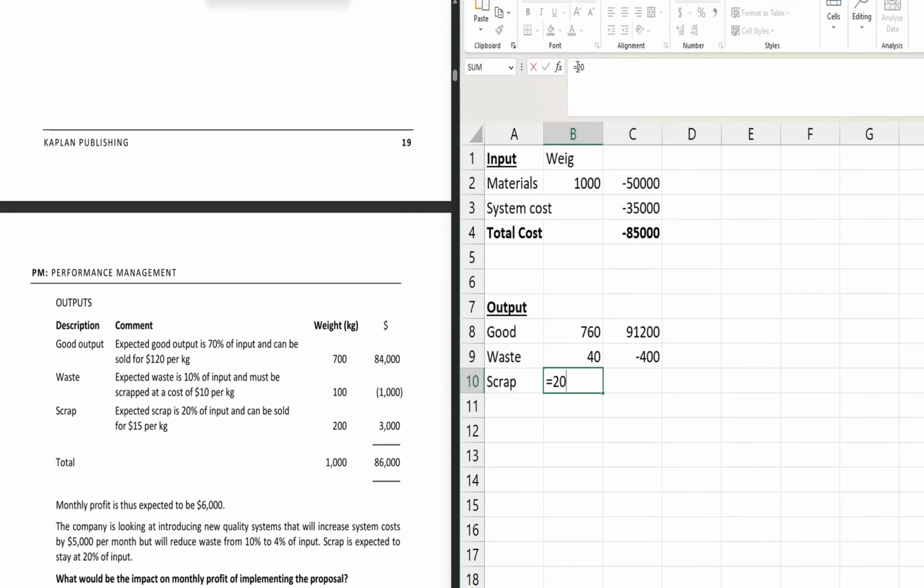So 20% of 1000 will be 200 and it will be sold out at 15. Now let's have a total income. Total income will be this much. Now profit will be,